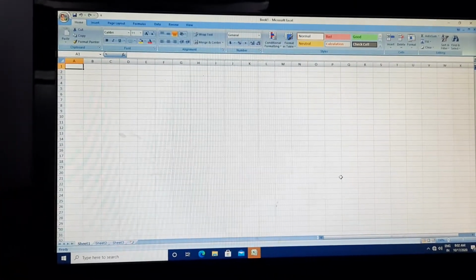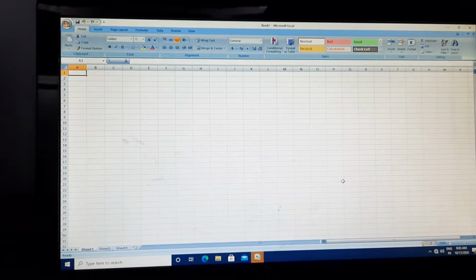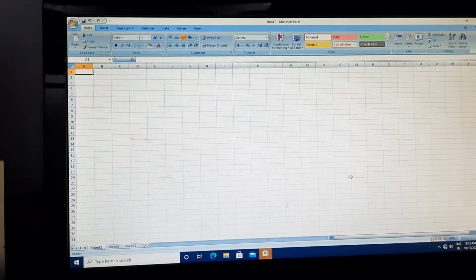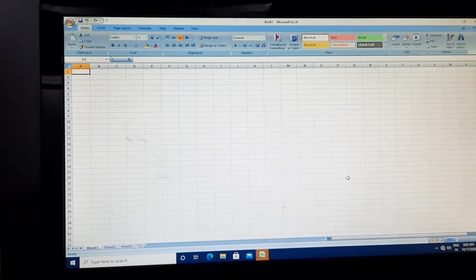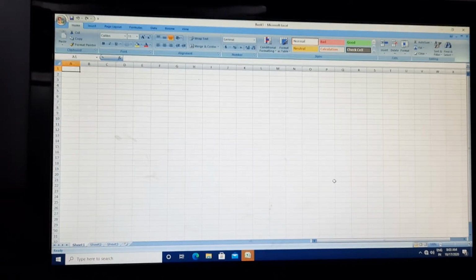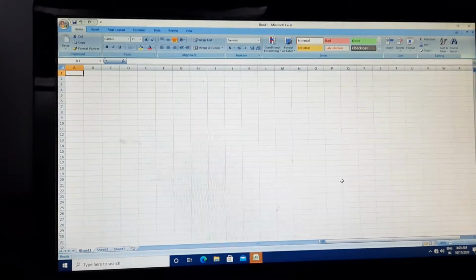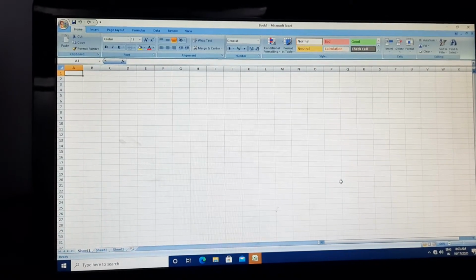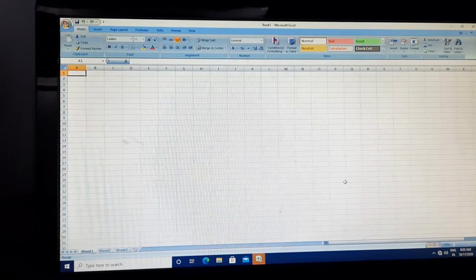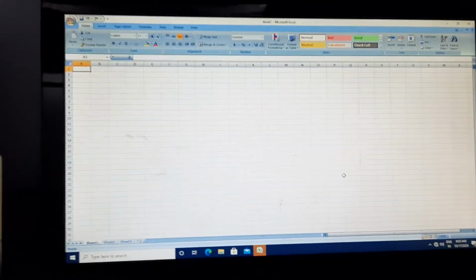Because many of the copies were not written properly, or the answers were not correctly written, and the writing was also very horrible, so it could not be read. So girls, please improve your writing and write neatly. If you write neatly, it looks good. Please write neatly and complete your work on time. And from now on, whatever PDF files you get, please save the PDF files and complete your work. Okay, so let's move to our chapter.